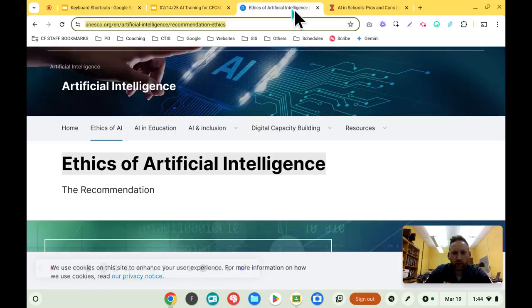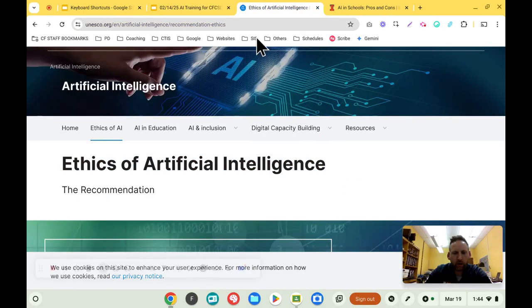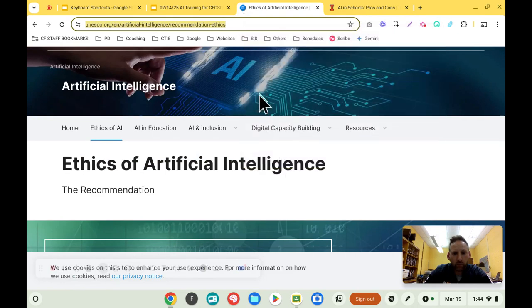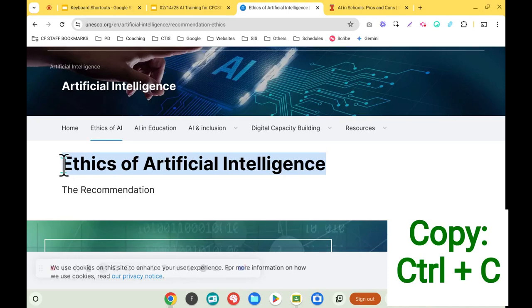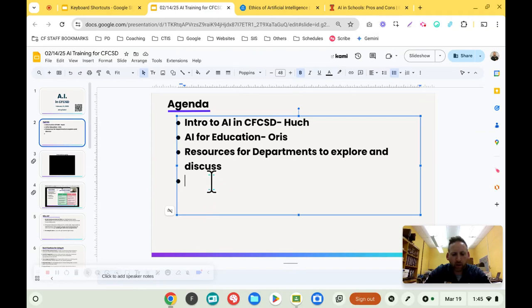The next shortcut I'd like to show you is I'm going to come over here and I'm actually going to grab the web address for this article. So I'll copy that, and I'll also grab the title. So let me use Control C this time to copy that one also. And you probably know what happens when I go to paste in this document. When I just hit Control V, what I get